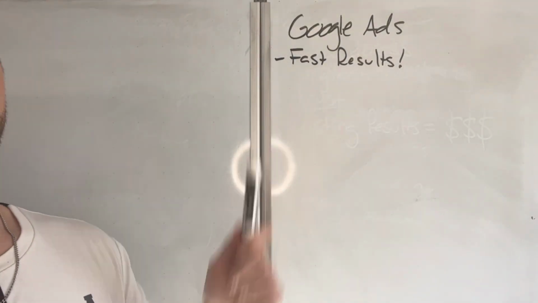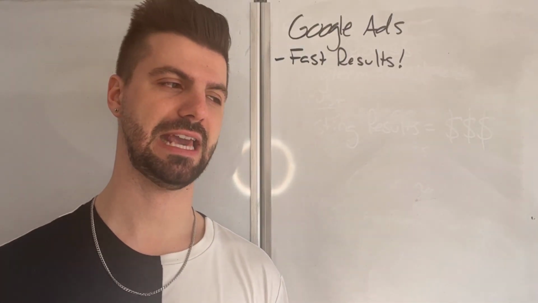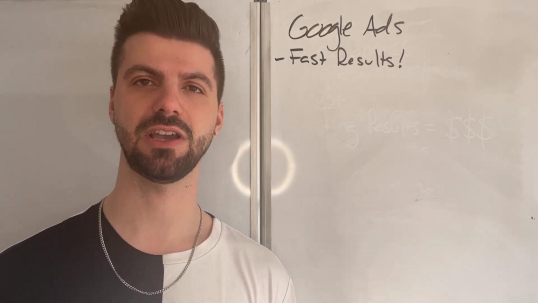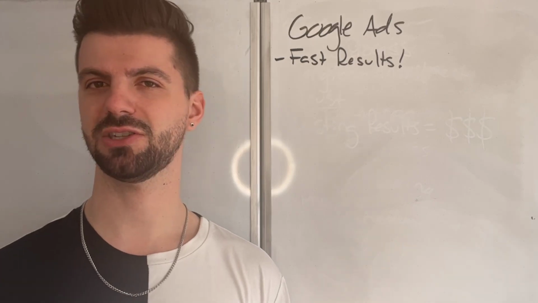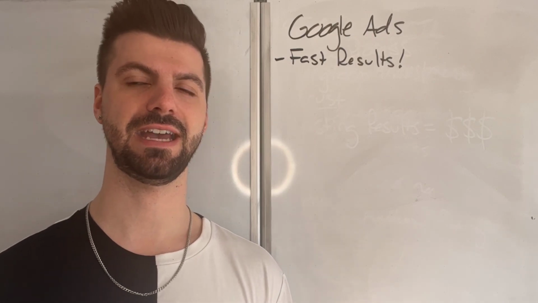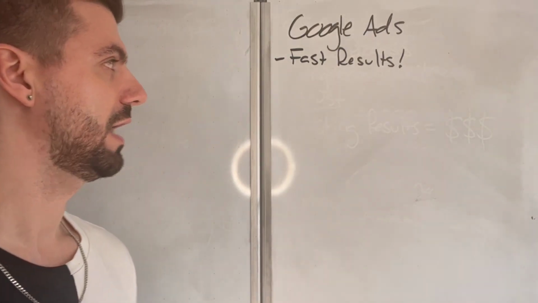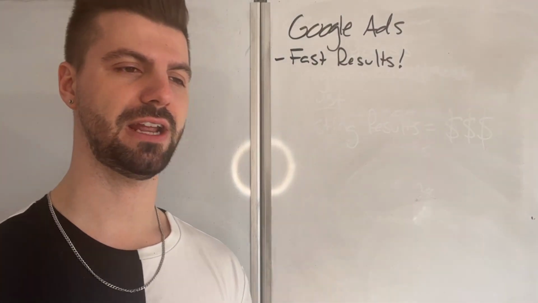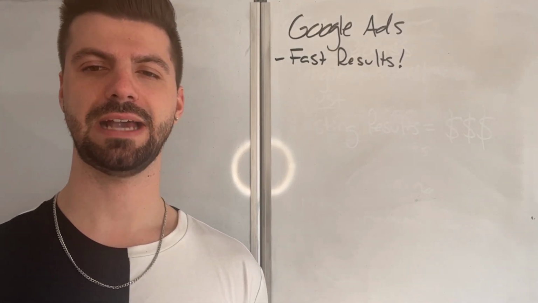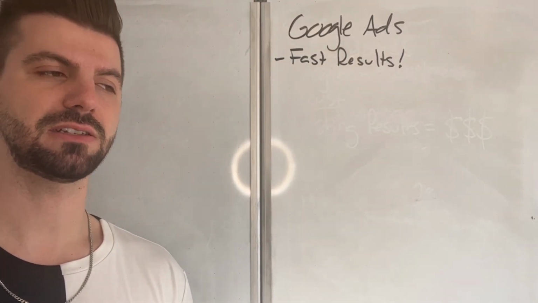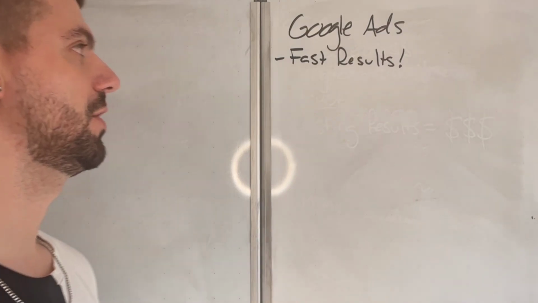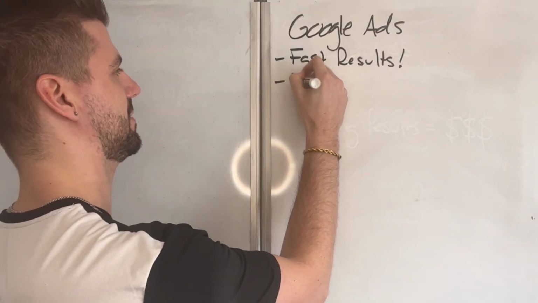The reason though that the fast results is so important is that most contractors can't afford to pay an agency like 3 to 5 months for just SEO. Like every single month shelling out like $2,000 to $5,000 for SEO. And it's like, this is going on for months and months. It's going to be hard to justify that until you really start seeing results, right? And so I love Google Ads because you're put there instantly. And so you can start getting a return on your investment within like hours, right? And so as an agency that's performance-based, that's attractive to me too, because we can get our clients really quick wins from that, right? The disadvantage though with Google Ads is that it's here today